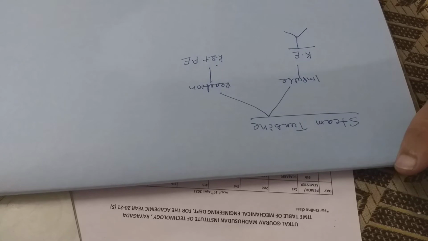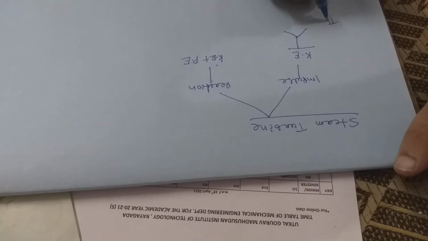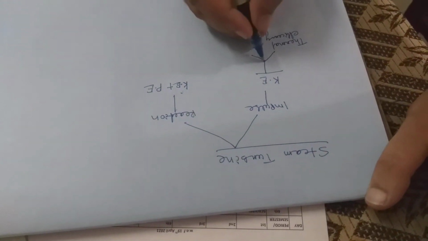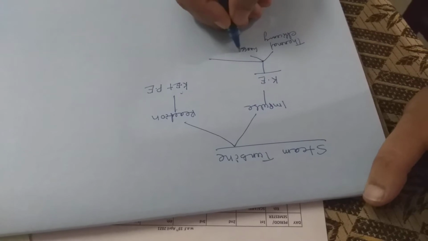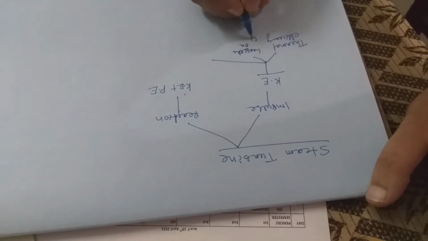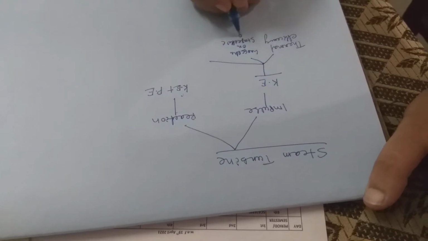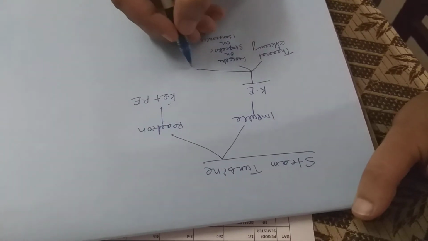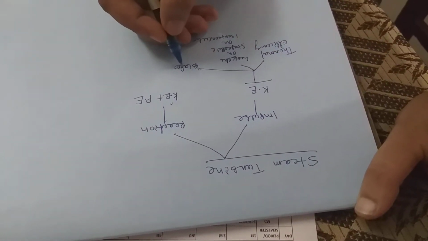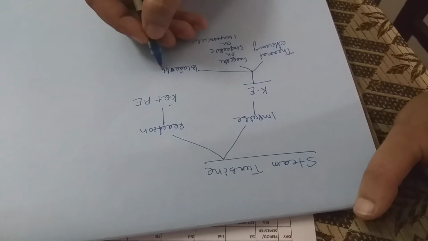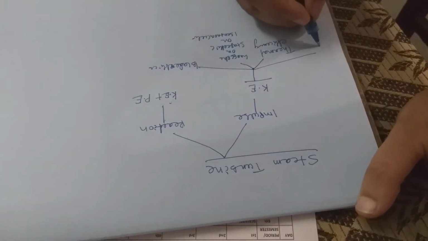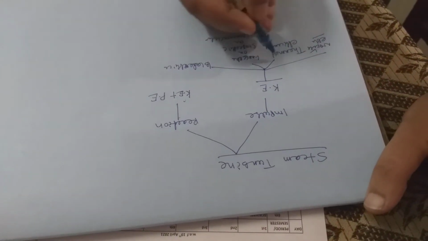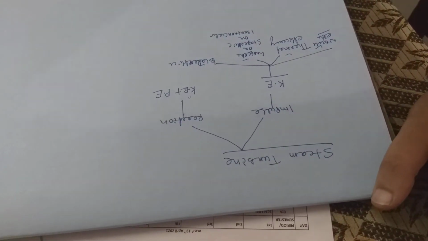Under impulse and reaction turbines, you have to find different types of efficiencies. In the turbine section, you have to find thermal efficiency, gross efficiency or stage efficiency, or isentropic efficiency, and blade efficiency and nozzle efficiency. So under an impulse turbine, these are the types of efficiency you have to find. In a reaction turbine also you have to find the same things.